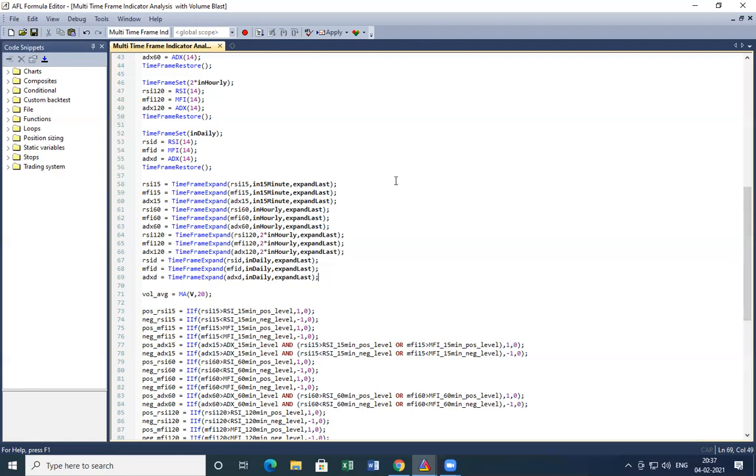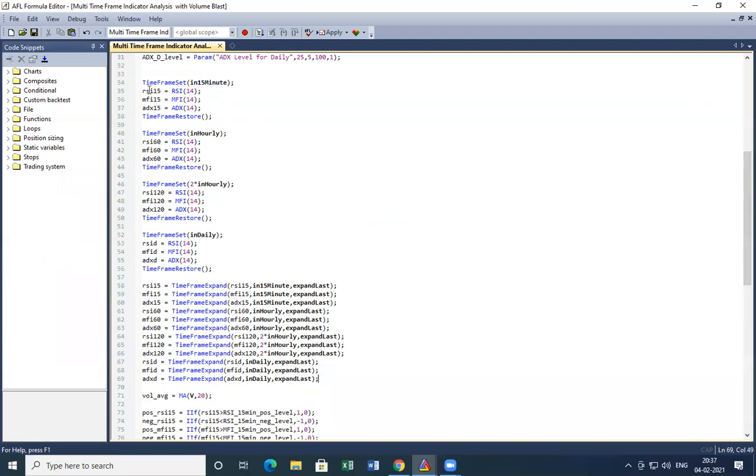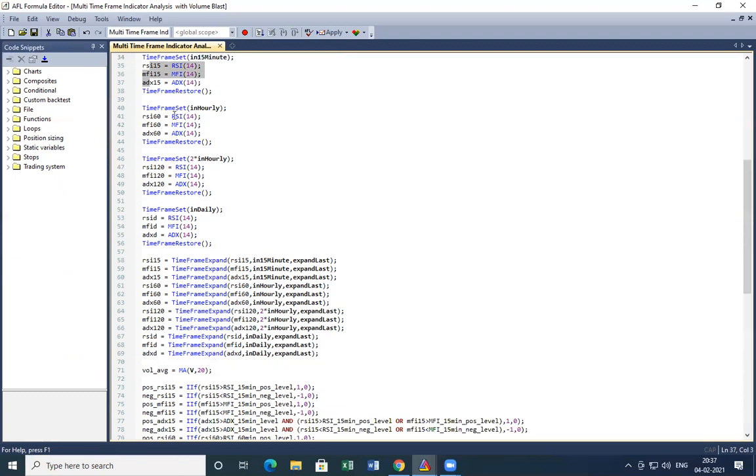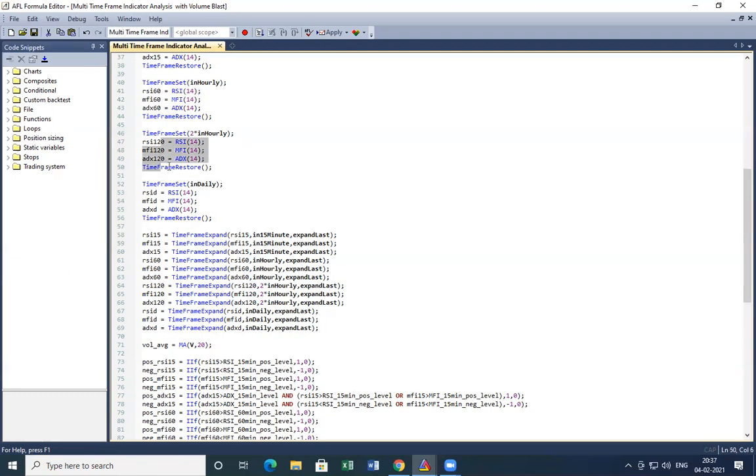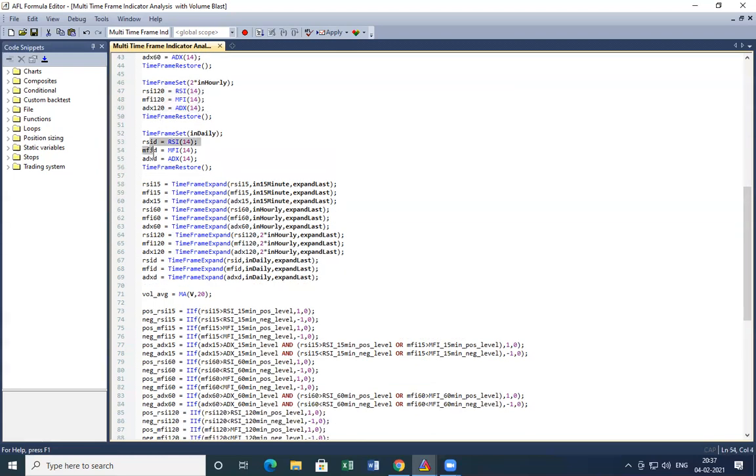And same way, I will define the trigger values of each indicator on different time frames, and every trigger will generate a score of 1. So in 15 minutes, we have 3 trigger values, RSI 15, MFI 15, ADX 15, and 3 trigger values in hourly, 3 in 2-hourly, and 3 in daily. So in total, we have 12 triggers.